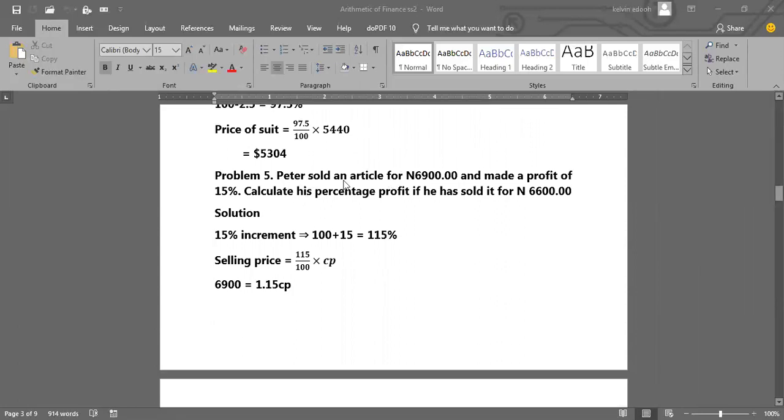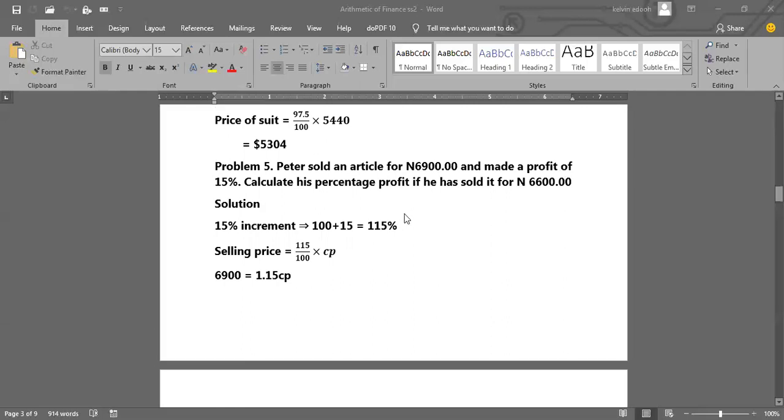So look at this question. Peter sold an article for 6,900 naira and made a profit of 15%. We are asked to calculate the percentage profit if he had sold the goods for 6,600. Clear? So for this, we're going to apply that idea of percentage increment, because look at it, Peter